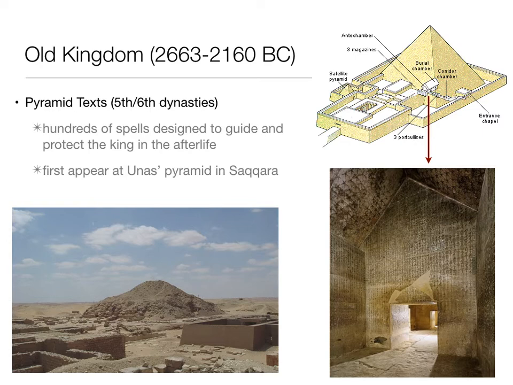If you play video games, you can go on YouTube and cheat and see the walkthroughs and the clues of how to make it past various levels. Well, this is the Old Kingdom version of that, where the king can use this information to get by the giant snakes and the various monsters that will threaten him in the afterlife. So this is an interesting new kind of text that Egyptologists have resorted to, that tells a bit about cosmology and things like that, and features that we don't see in the Giza pyramids.